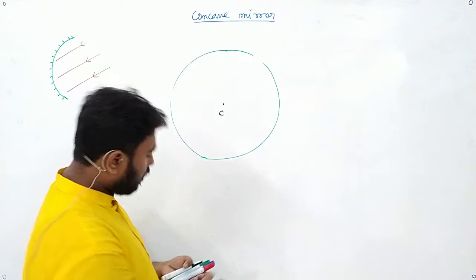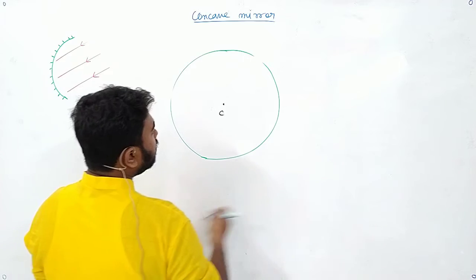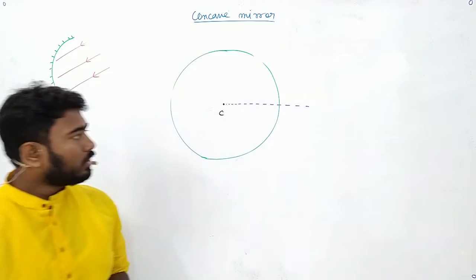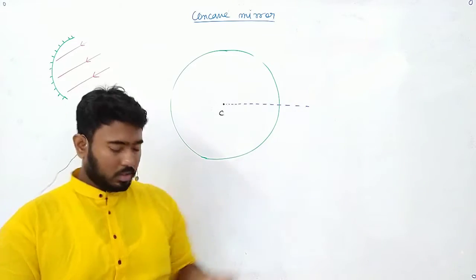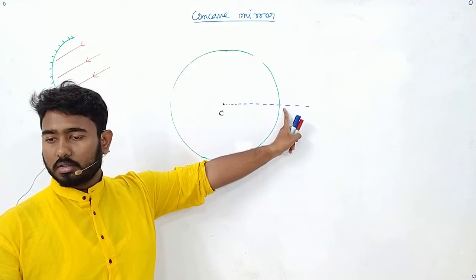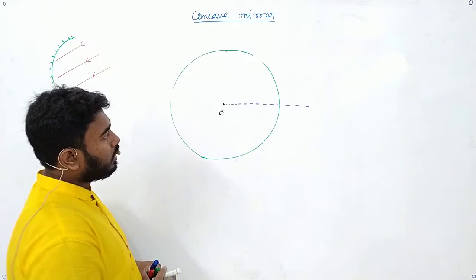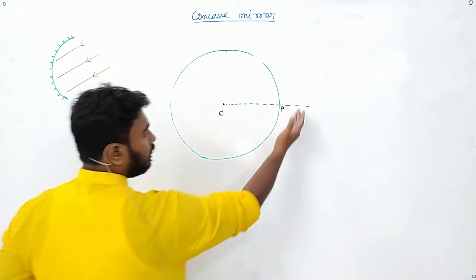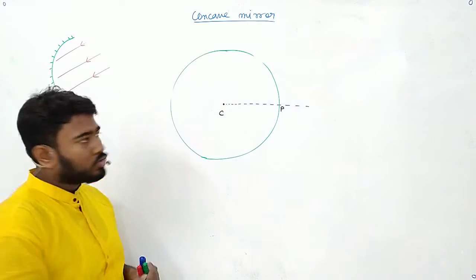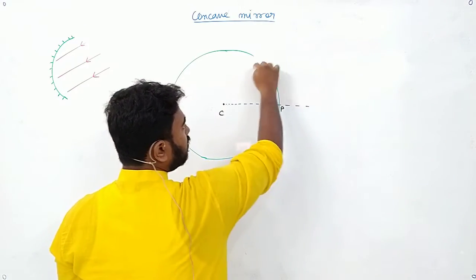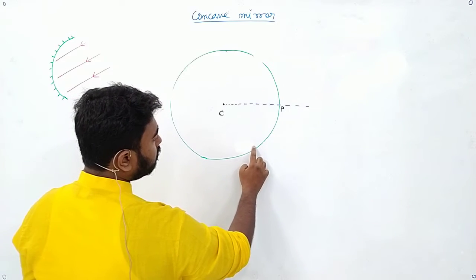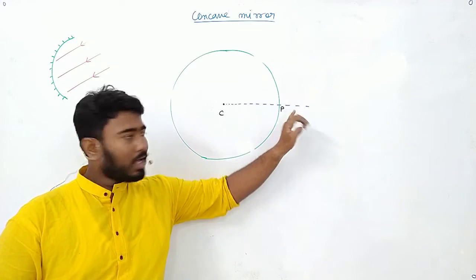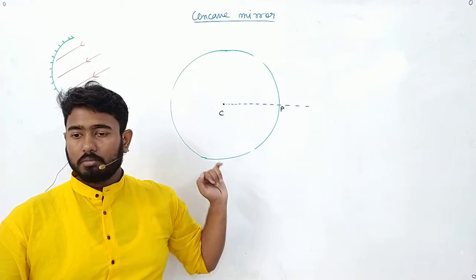Okay, now can you tell me that if I draw a straight line from C to the mirror, it will cut the mirror at a certain position? Okay, now if I take this position and write it as P and take equal distances on both sides, can I take a distance up to this much on this side, and up to this much on this side? Are they same distances? From the pole I am taking equal distance on both sides.